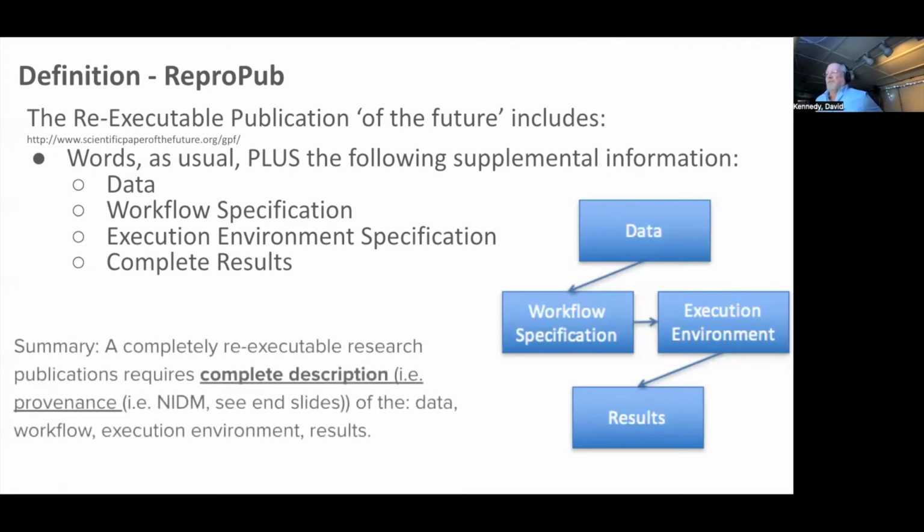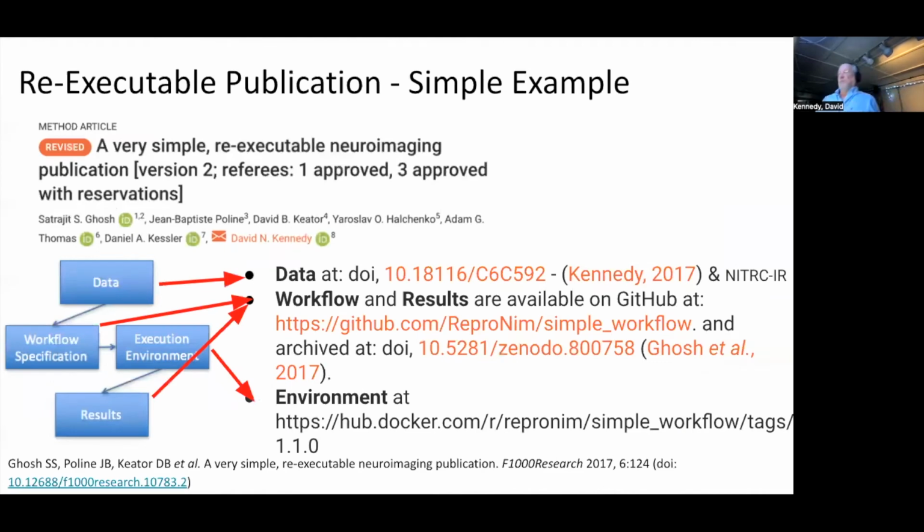So these complete descriptions in each of these little domains really require the complete provenance of the data, the workflow, the execution, and the results, in a way that others can re-execute. Now, one can do this via supplemental information and links and resources that are already available to us. There are places to share data, places to share workflows and results, and places to share execution environments. So the low-level implementation of this is just writing papers with the appropriate links, citations, and references,